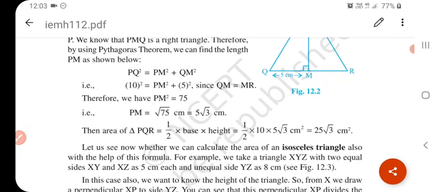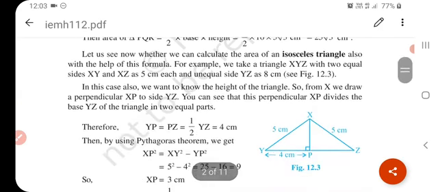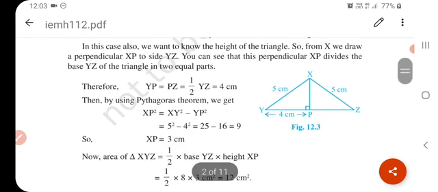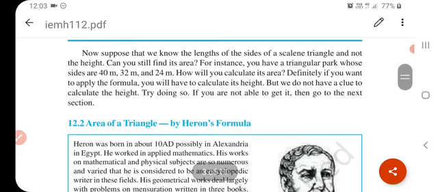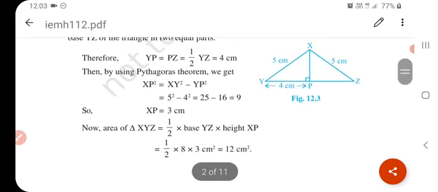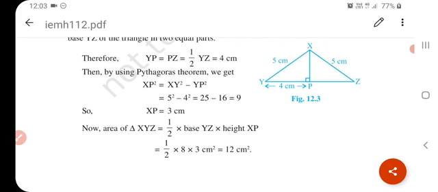And when the triangle is isosceles, again we can find the area of the triangle with the help of altitude. We can drop a perpendicular on it and find its area. If the triangle is isosceles, here two sides are equal, so you can easily find the area with the help of altitude. Understand? In an isosceles triangle also we drop an altitude.